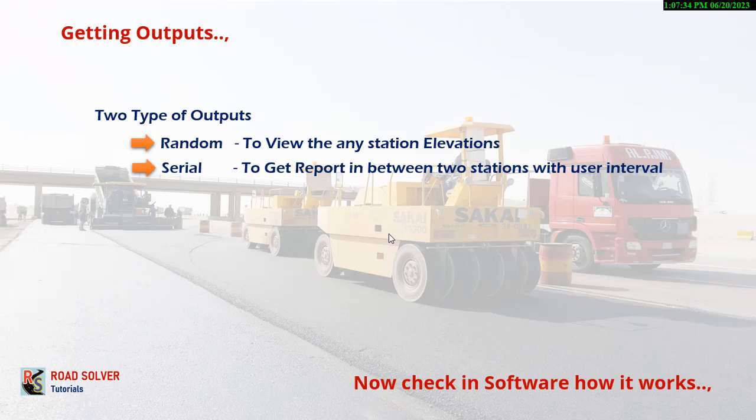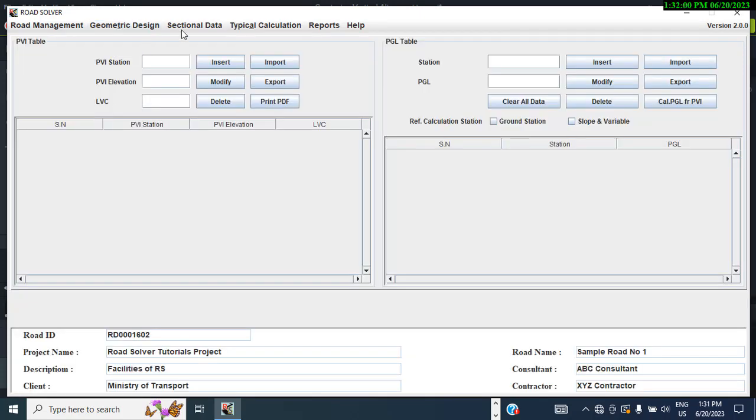So now we can see how it works in Road Solver. Once Road Solver is open, go to geometric design. From this, select vertical alignment. When you select this, two tables will appear here, a PVI table and a PGL table. In this PVI table you can enter 675, elevation